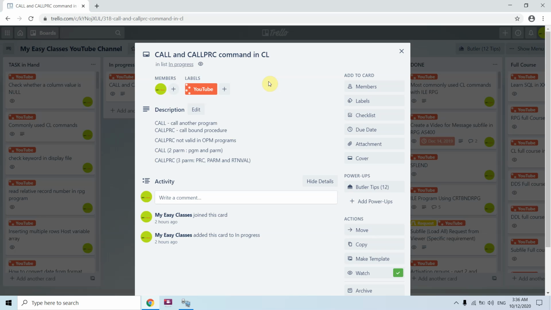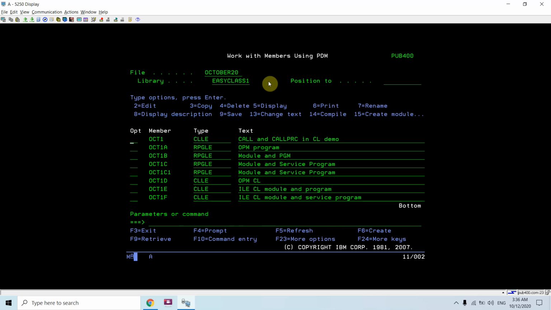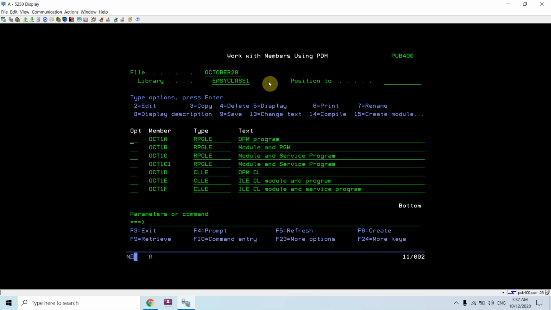Okay, so let's now move to the examples so that we can get more details regarding this and have hands-on practice. Here are some examples which I created, so let's discuss one by one. This is OCT1A. This is a simple RPG program which I will be creating as an OPM program.